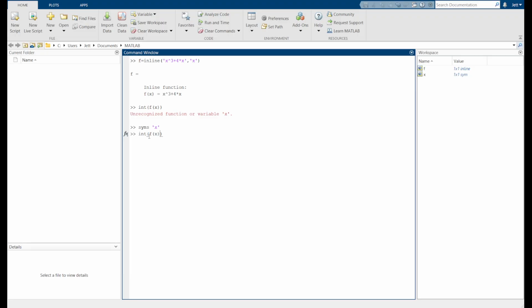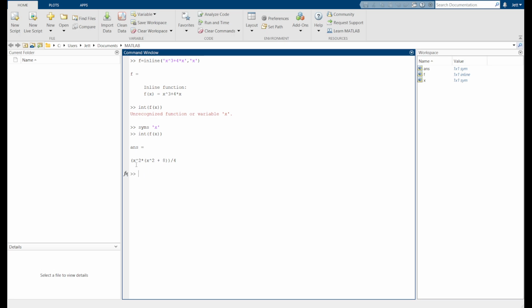You can put our dx by using this. It's possible, but MATLAB is smart enough to consider that there's only one variable there, so it is the only one it needs to integrate. Now you can see that it has been integrated.